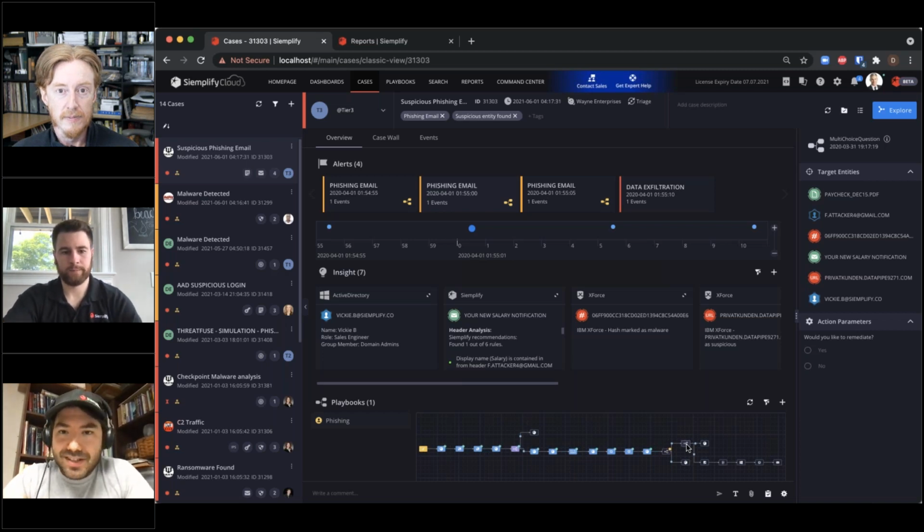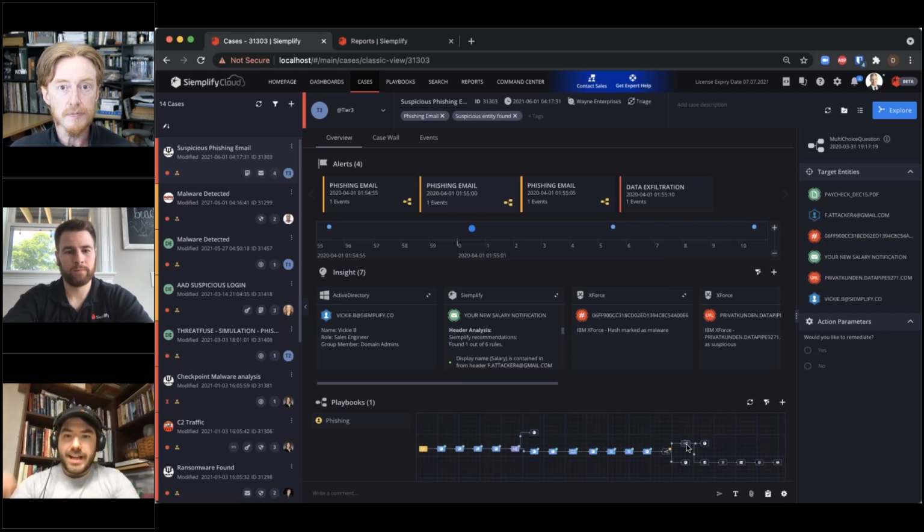Those types of actions can take place within this playbook just by asking the analyst a question and letting them answer it, and then automatically having it still go out and perform the action, to where the analyst doesn't have to touch the tool per se, but they're making the decision to perform the action.